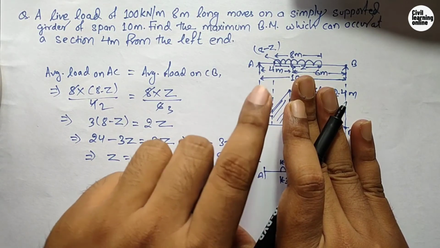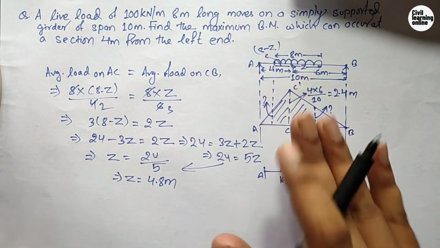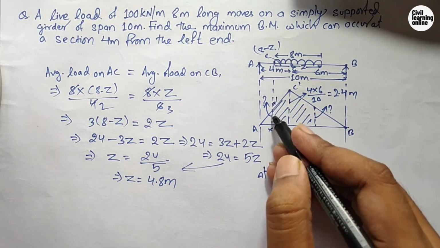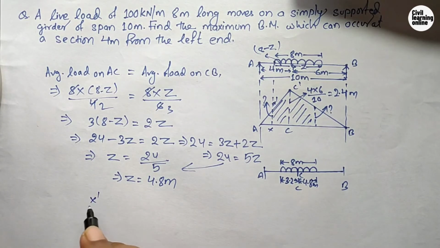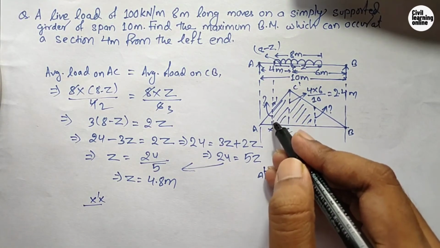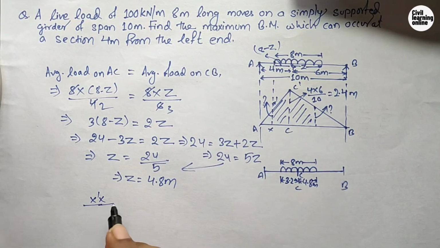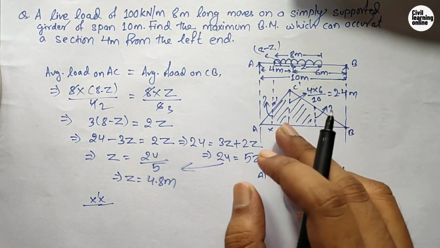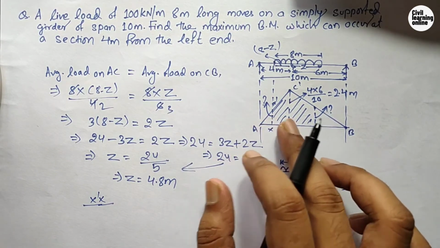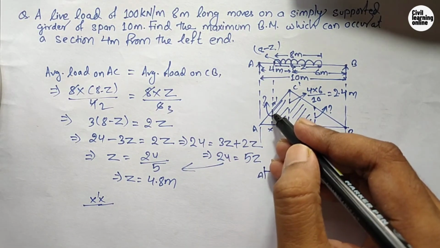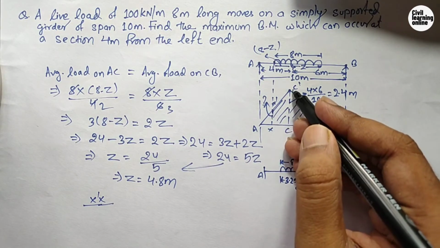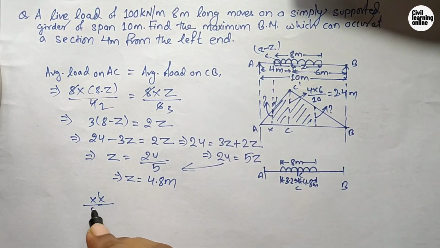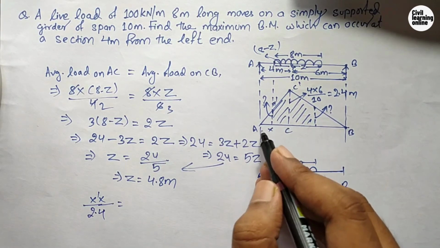If you know, then calculate. If you don't know, then watch this. How can we do this? Suppose this is our x, this is x dash, and we don't know the height of this ordinate x dash x. Using the condition of similar triangles, the opposite sides of the similar triangles are proportional. So the opposite side of this x dash x is c dash c, and we know that the height is 2.4. So x dash x upon 2.4 will be equal to, again,